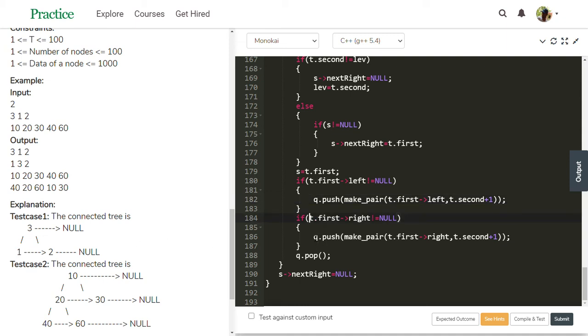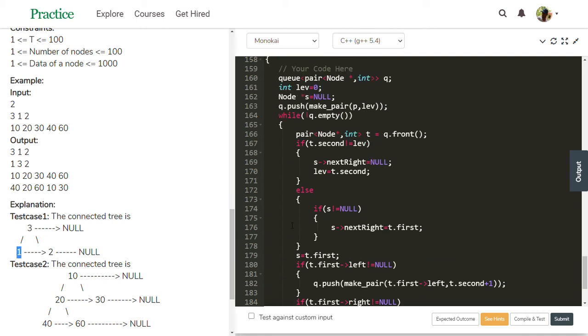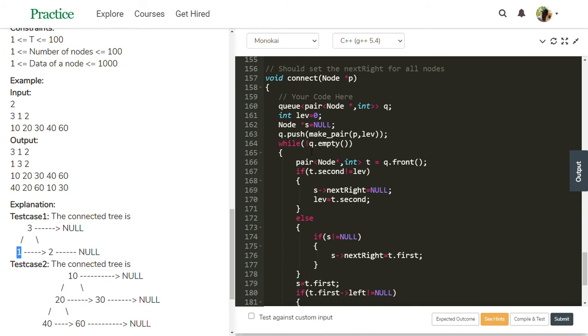Then this block does not execute. Q dot pop. This node popped out. Check this while loop. Q empty or not? Not empty because Q still has the two node's details. Then t equal to q front. T gets the two node's details. T second is 1.